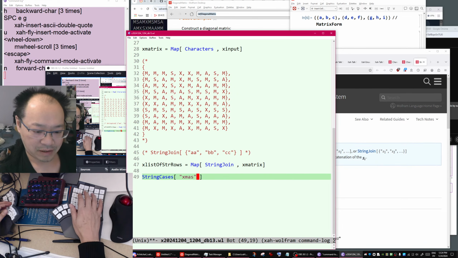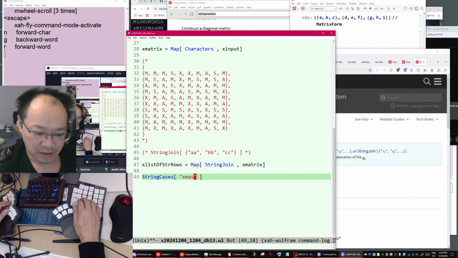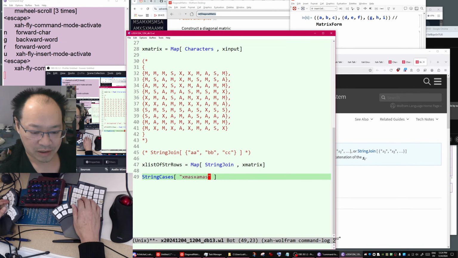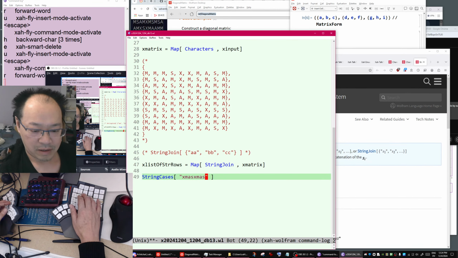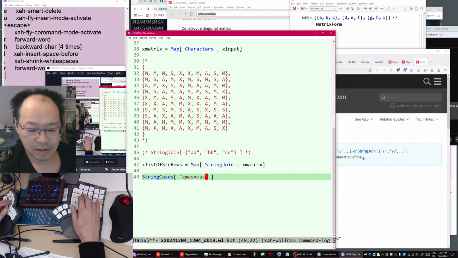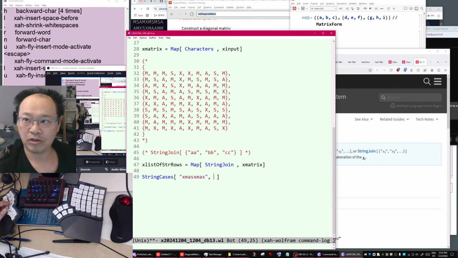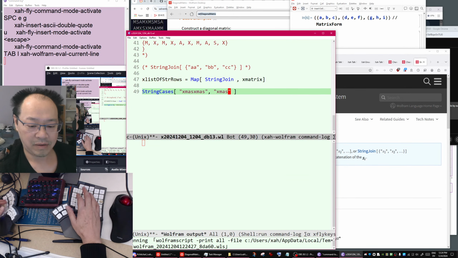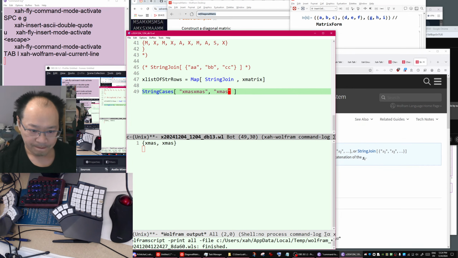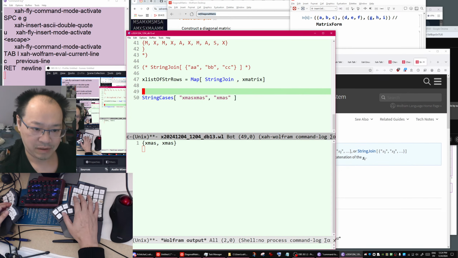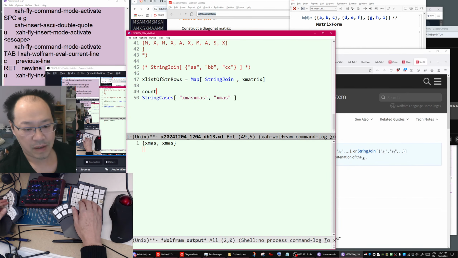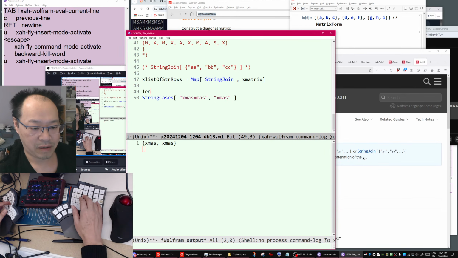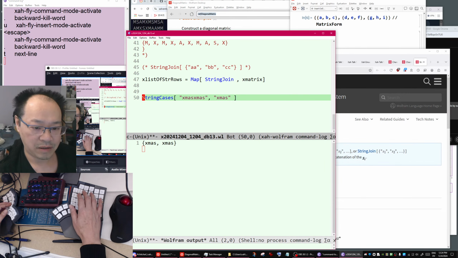So StringCases takes a string, let's say XMAS twice, and then you use a regular expression, in this case XMAS. Evaluate the line. It gives you two matches, then you just take the length. Actually, can StringCount count directly?